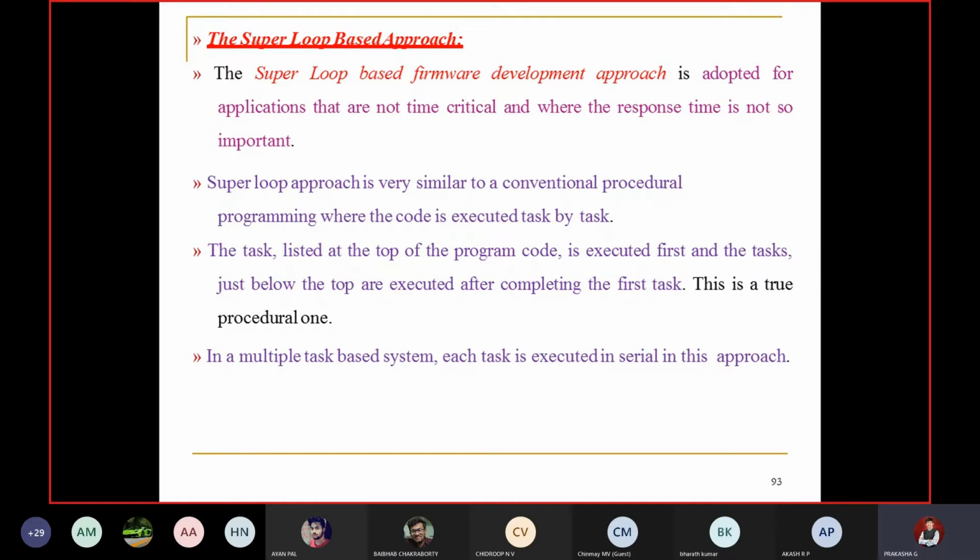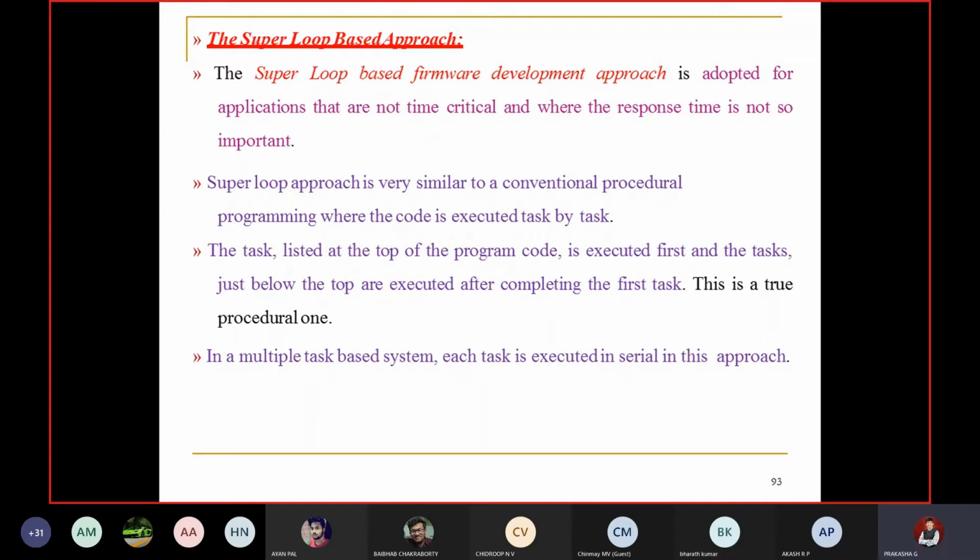A simple example is your ATM machine or chocolate vending machine. Sometimes it may work fast, sometimes a little bit slow, depending on the server and the details it has to check. But it doesn't mean that it has to wait for half an hour or 1 hour.